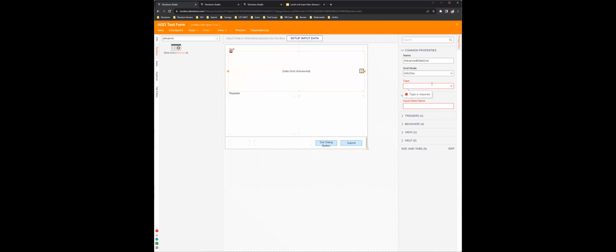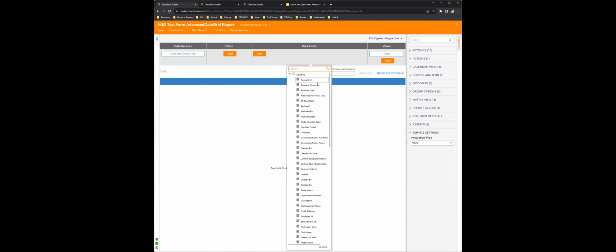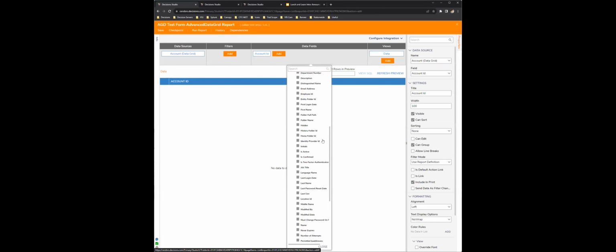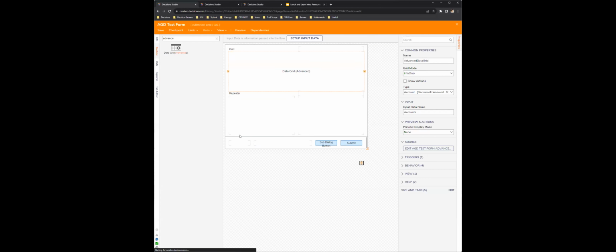So let me set up the same thing. Account, and let's just put account ID and email. Now we have our advanced data grid.